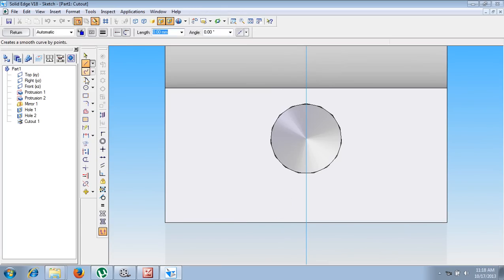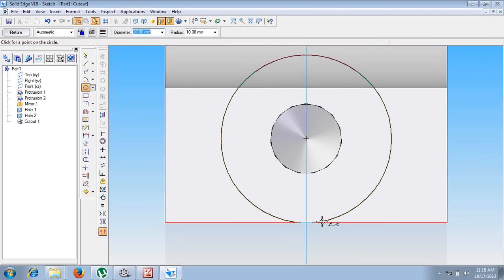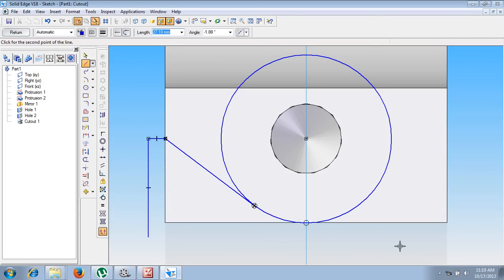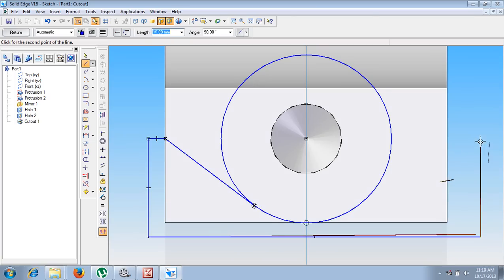Now how the cutout is there, we have to draw a circle like this, which is supposed to be tangential, that is R done. Now using a line command, tangentially from here, we have to connect it to the center only. From the center, it should be tangential. Now make use of tangent command. This line is tangent to this line. Then draw a line like this, simply which is some portion outside at any positions.